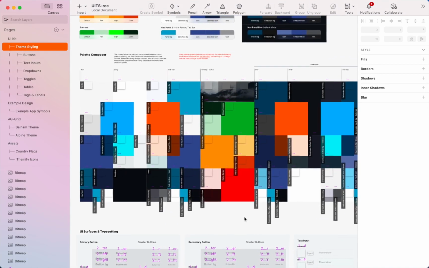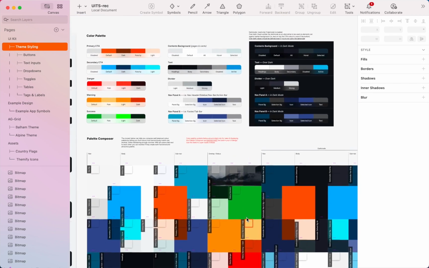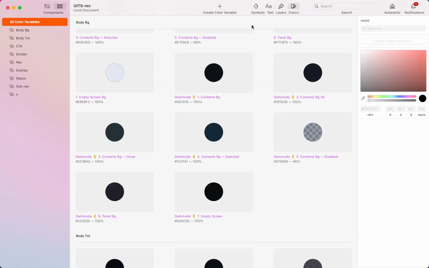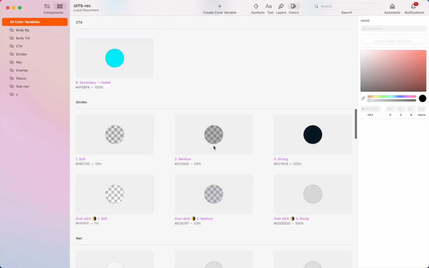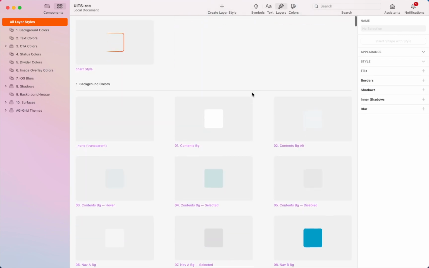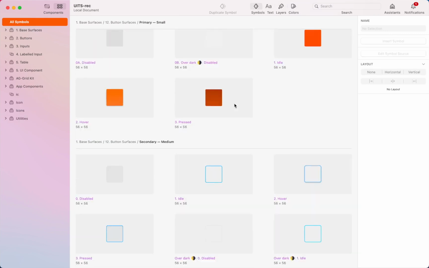It's there only to show you the colors next to each other, so you can verify whether all together the colors match nicely and there is no jarring contrasts between them. To ensure that colors are being distributed consistently, we are using the Sketch color variables. These color variables are then inherited by the corresponding layer styles. UI components use layer styles that inherit their colors from the color variables, making it possible to switch between them